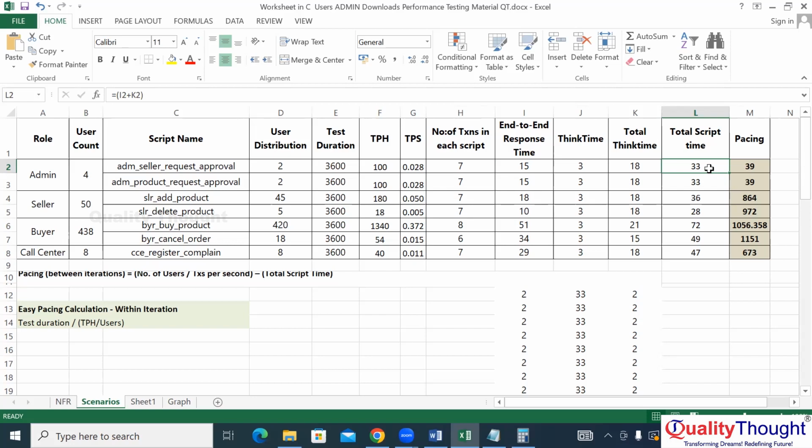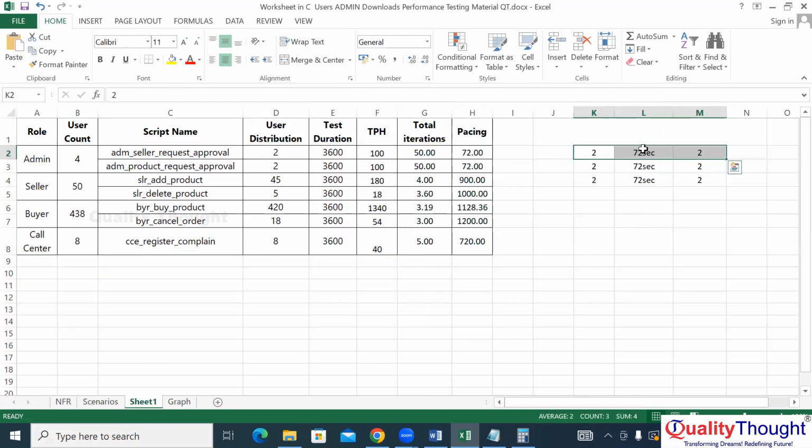So it doesn't take 33 seconds always. If you lock this particular time as 33 seconds, it doesn't always take 33 seconds, right? What will happen if you give 72 seconds? If your first iteration is taking 33 seconds, it will wait for the remaining time. What is the remaining time? 41